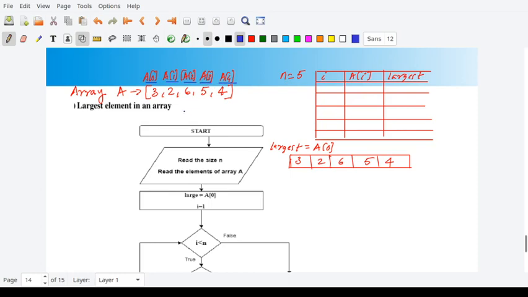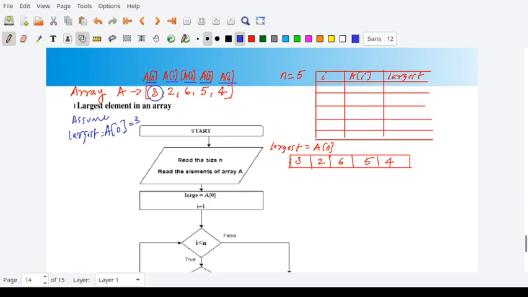In order to find the largest number in this particular array, first we will assume that the first number in the array is the largest. So we will assume the largest number is the first element of the array, which is equal to 3.